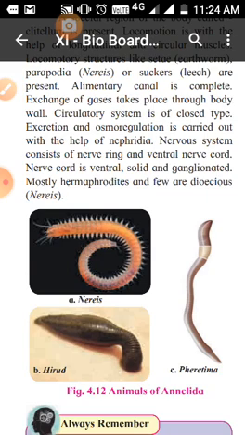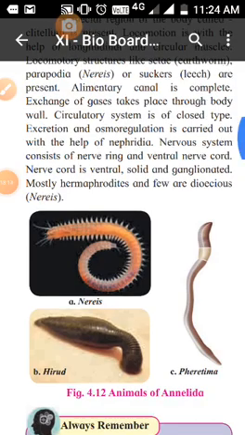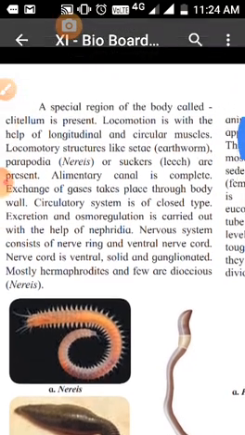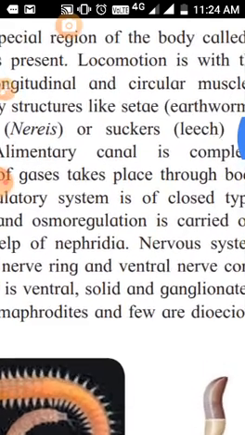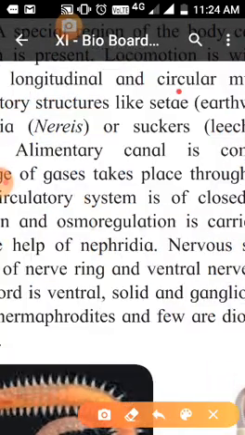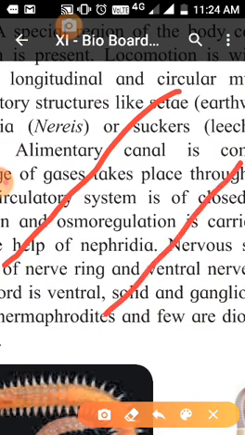This reminds me of a question for people who are going to appear in their NEET exam. It's a basic question, I'm just going to tell you a little bit about it. If I'm taking the structure of an earthworm, wherein I'm marking segments,